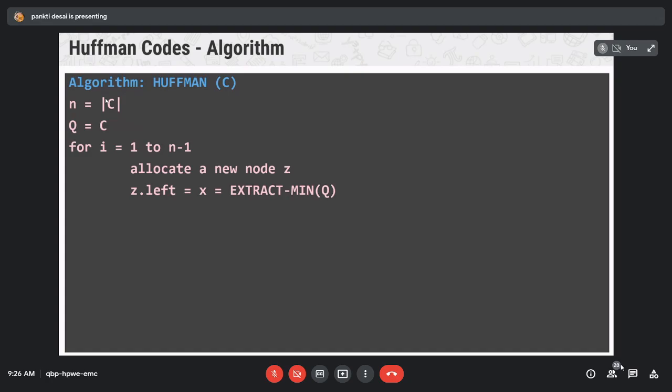Z left is equal to x is equal to extract minimum of Q. So from the current nodes in your priority queue, the minimum value will be your left child, and the one with the maximum value will be your right child.